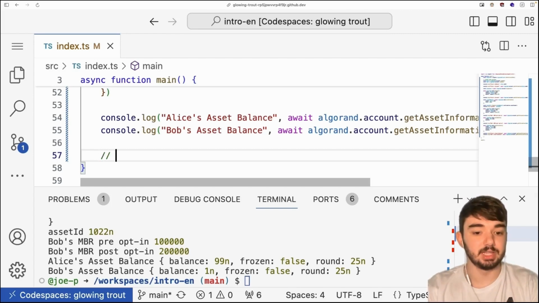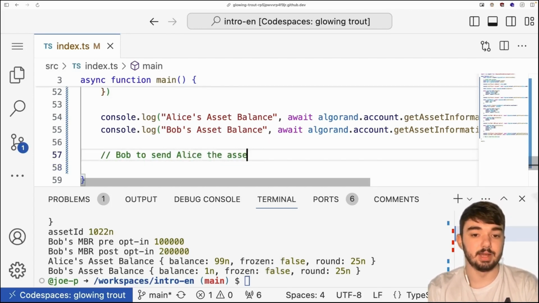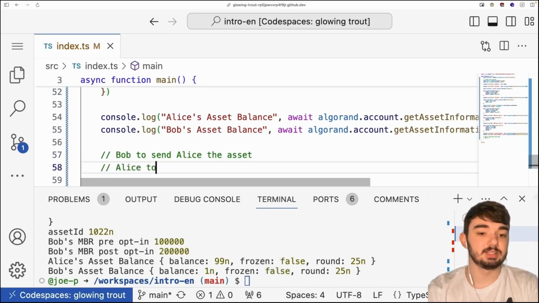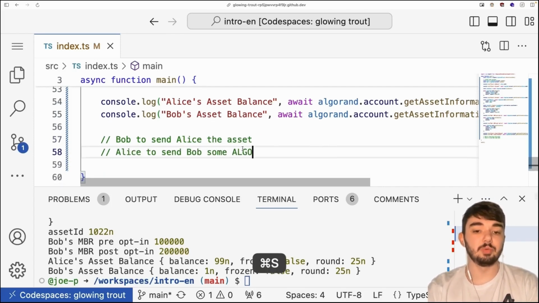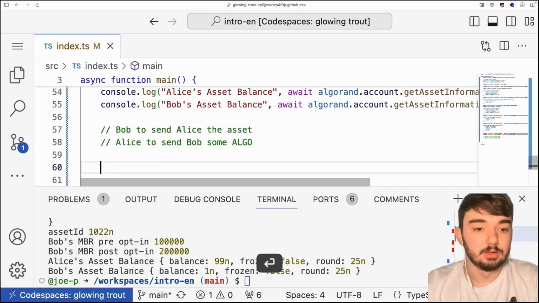So what we want to happen is we want Bob to send Alice the asset, and we want Alice to send Bob some Algo. So we want Alice to pay Bob to get the asset back. Now, we could do this.